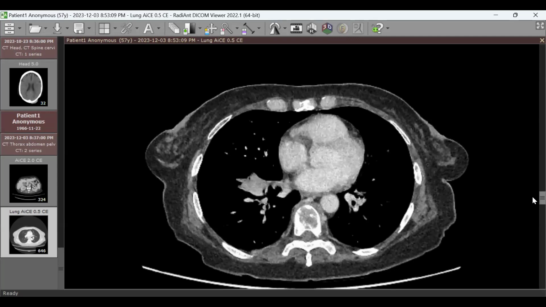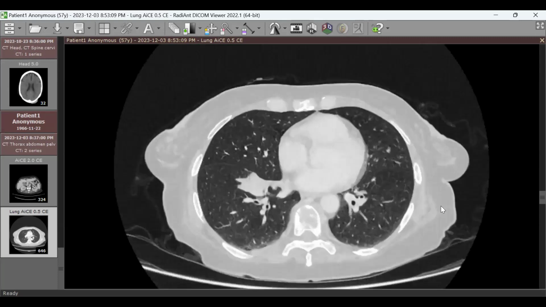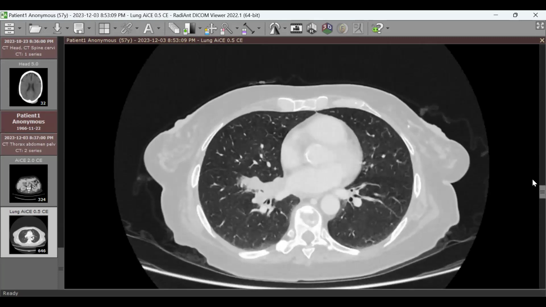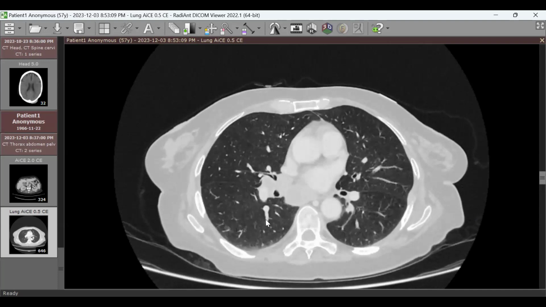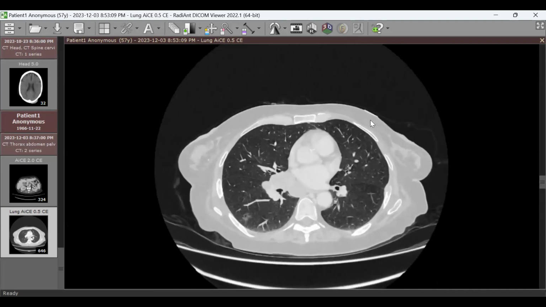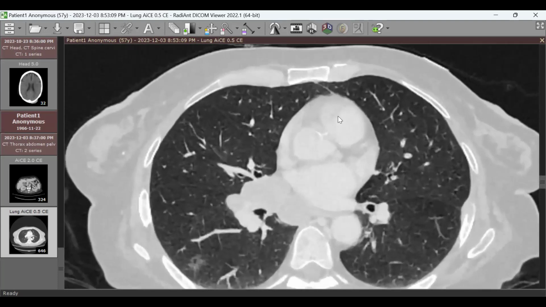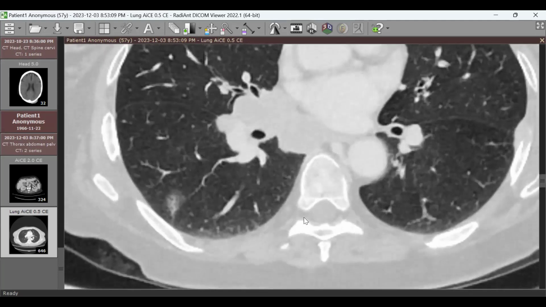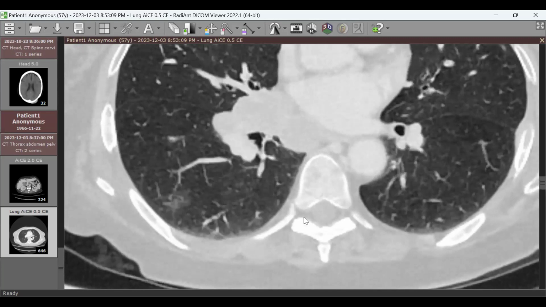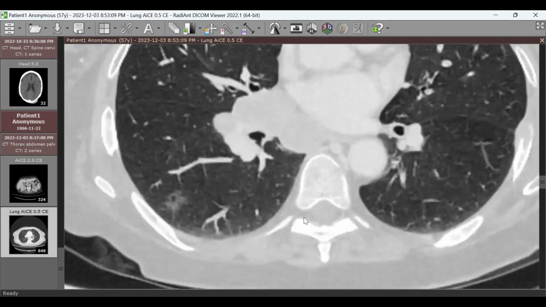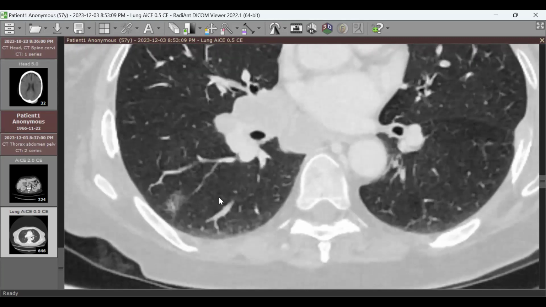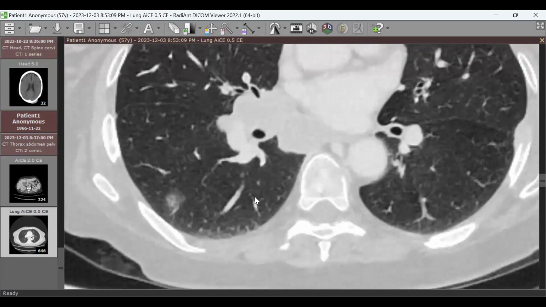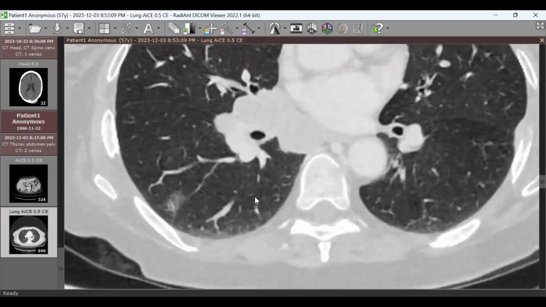Yes. Okay, let's go back to the lung window. We'll come back to the lesion. I want you to tell me your opinion about this lesion here. There are a few ground glass nodules, especially in the right lower zone, with a speculated margin and central low density area. You said speculated. Well, yes, maybe here, but this is mainly